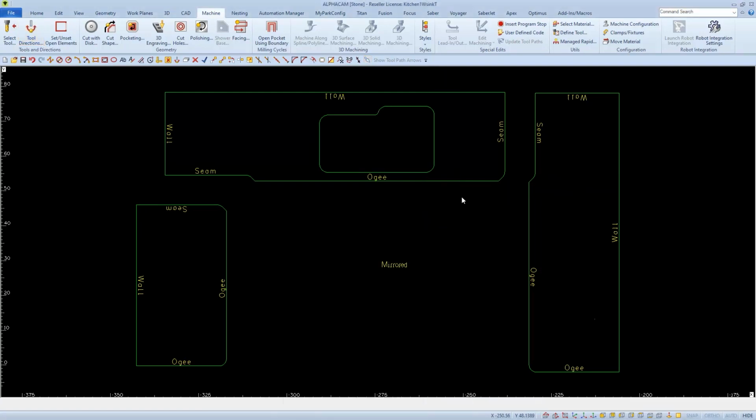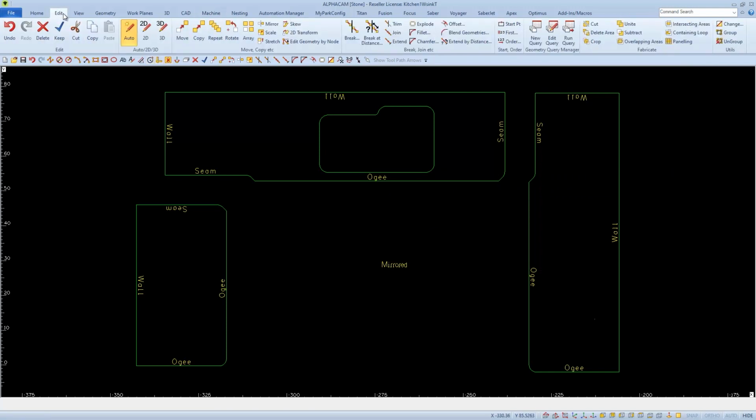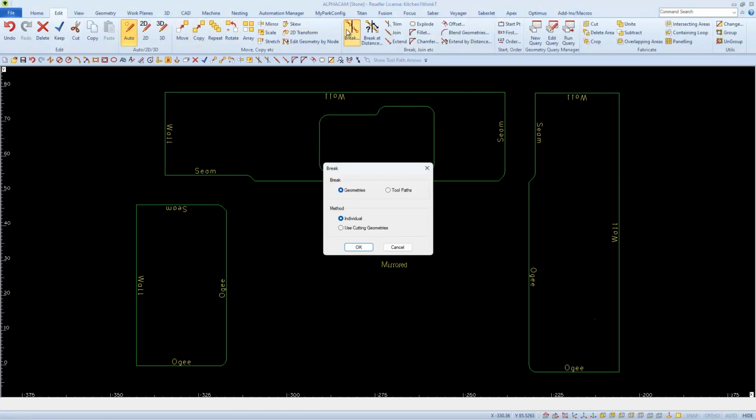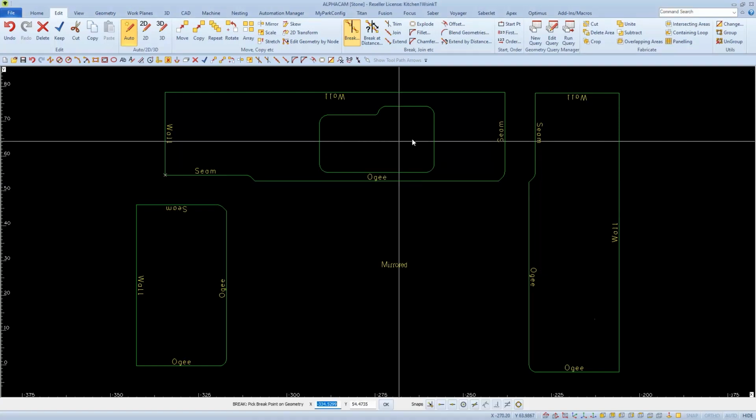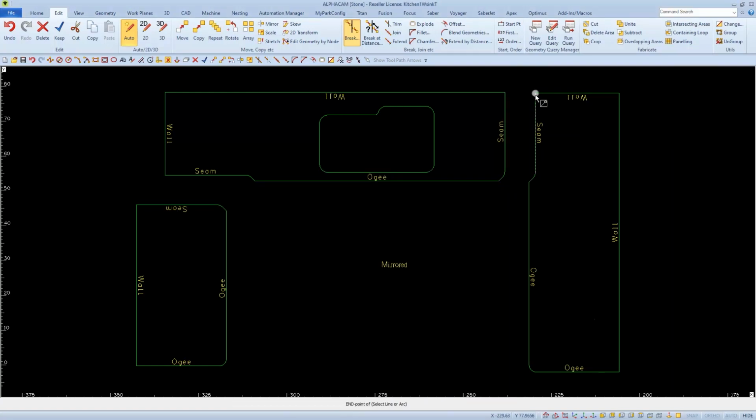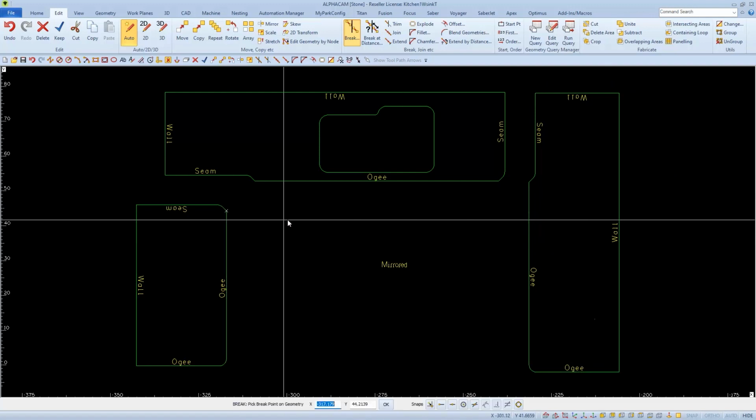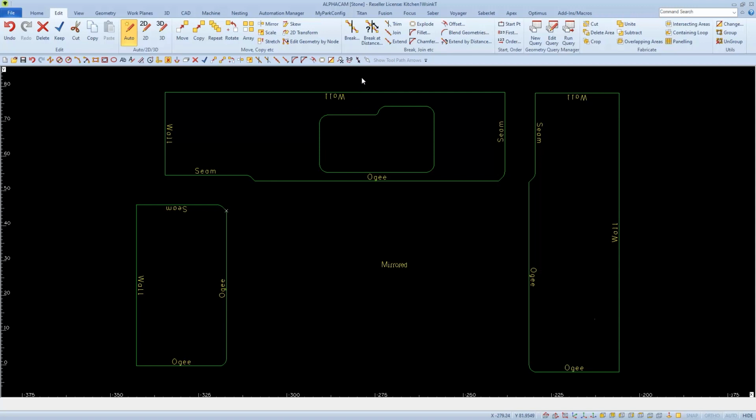And now we'll go use Break like we did before to break the perimeter into cut segments. These segments will retain the cut to the outside as we saw before. And also like before, we'll go turn on Ghost Tools to double check and verify that our cut directions are